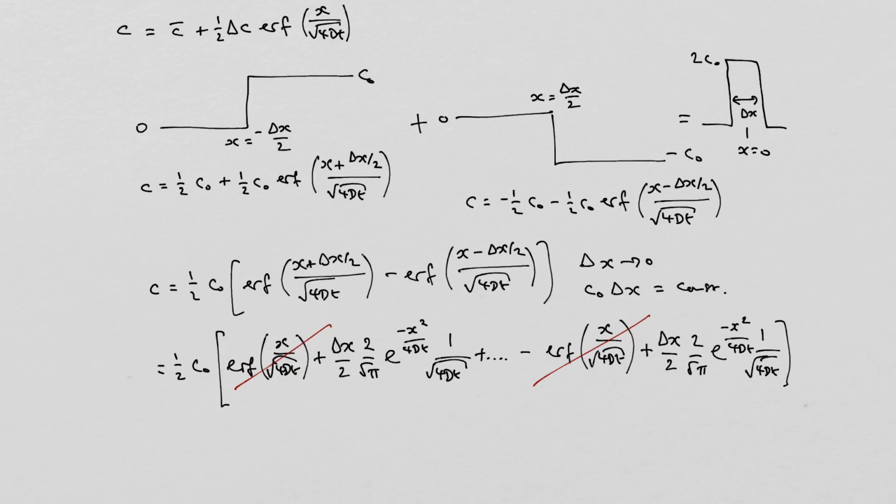You know what's coming, don't you? I've got a half c0 out the front. I've got two equal terms here, each of which is, which amounts to, in the end,